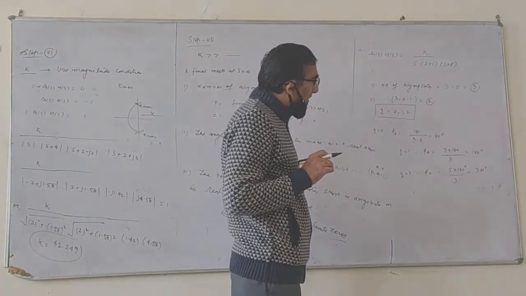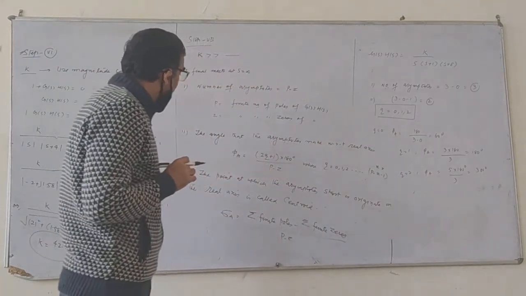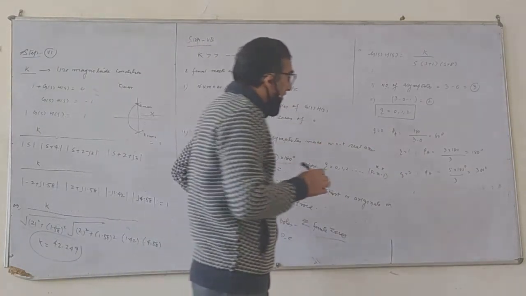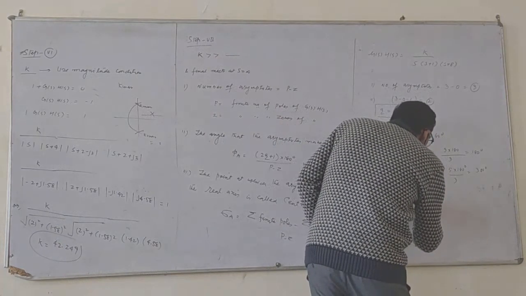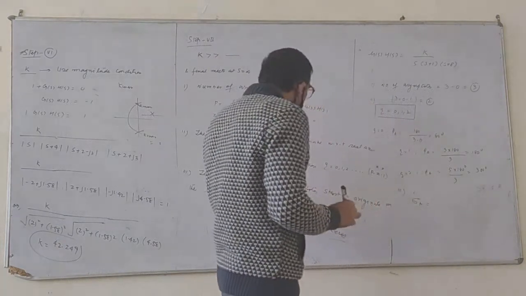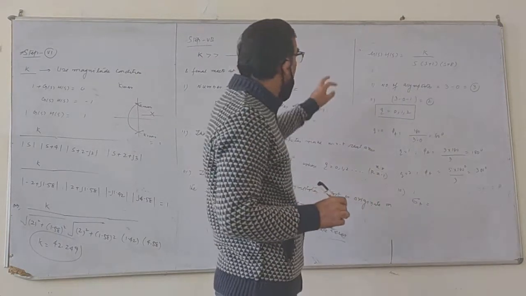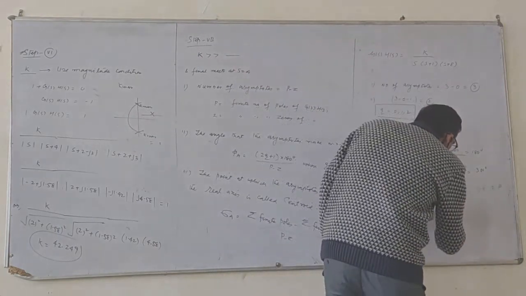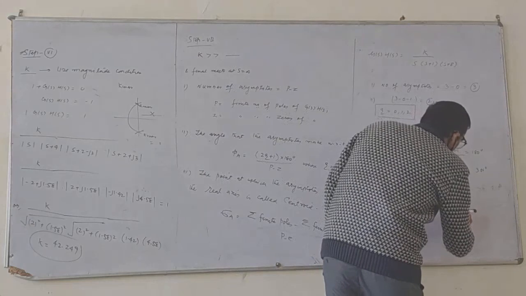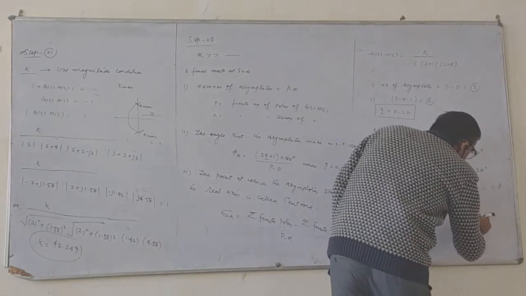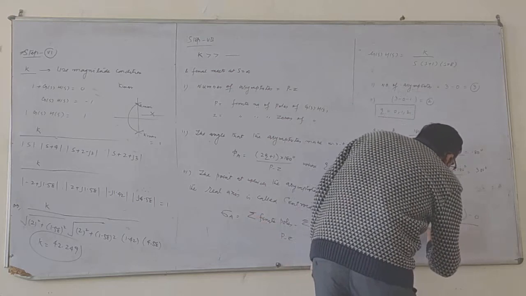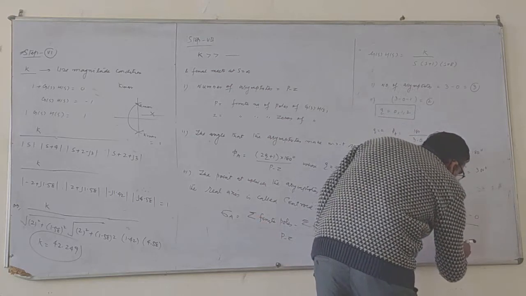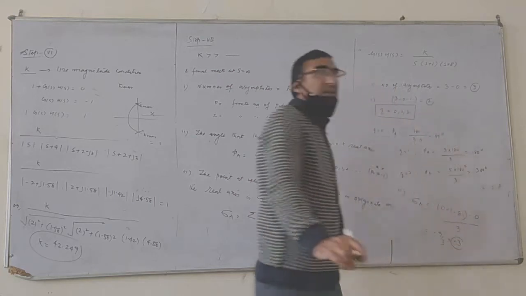So 3 angles we have, 60, 180 and 300. Last, what should be the centroid of the asymptote? Centroid will be, third point, sigma A should be sigma finite poles, summation of finite poles. What are the finite pole values? 0, minus 1 and minus 2. There are no finite zeros. Divided by P minus Z, that should be 3. That is minus 3 divided by 3. So minus 1. Centroid value is minus 1.